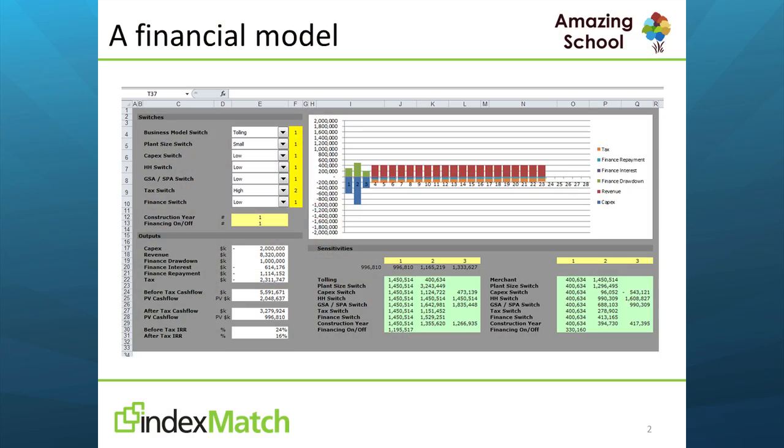So you may be wondering what financial modeling and decision analysis is, and you wouldn't be the only person. I spend a lot of my time explaining. So this is Excel. You may not have seen Excel looking like this before. You may have. This is a financial model. This is one of our teaching financial models that we use to get people to practice building a financial model. What you've got here is you'll see a set of inputs on the front panel. You've got a cash flow, which is the graph, and then you've got some key outputs.